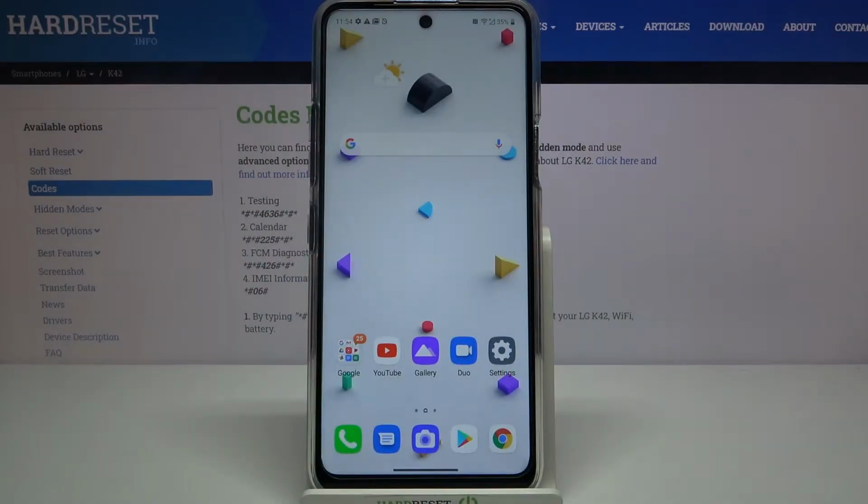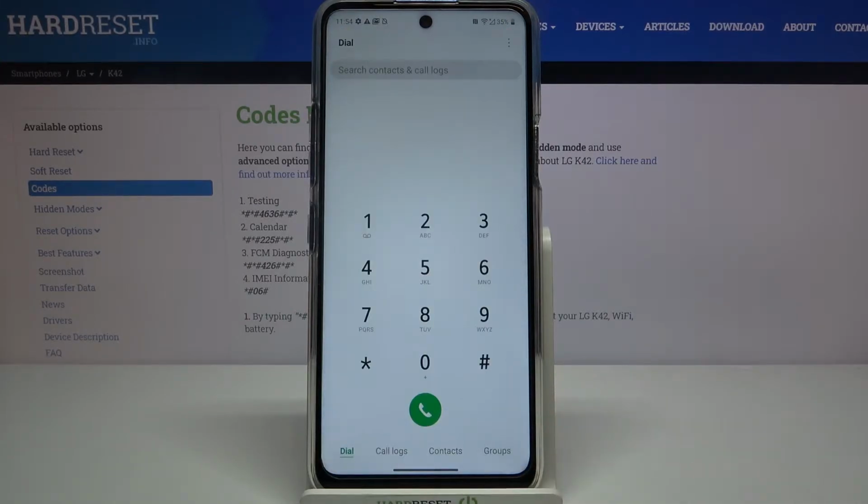Hi everyone, here we've got LG K42 and let me show you how to use secret codes on this device. So first of all, let's open the dialer because this is the place where we will enter all of those codes, and let's begin with the shortest one, which is